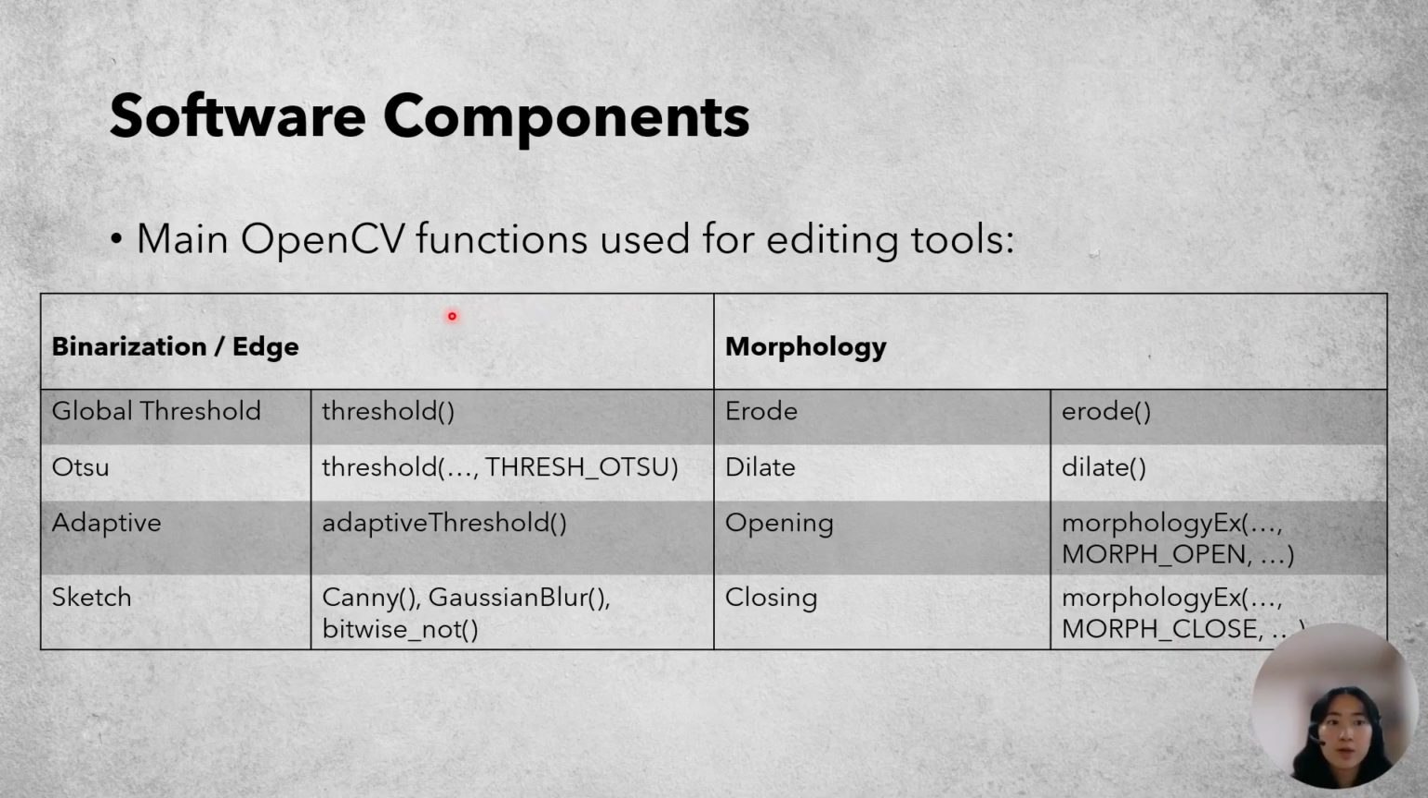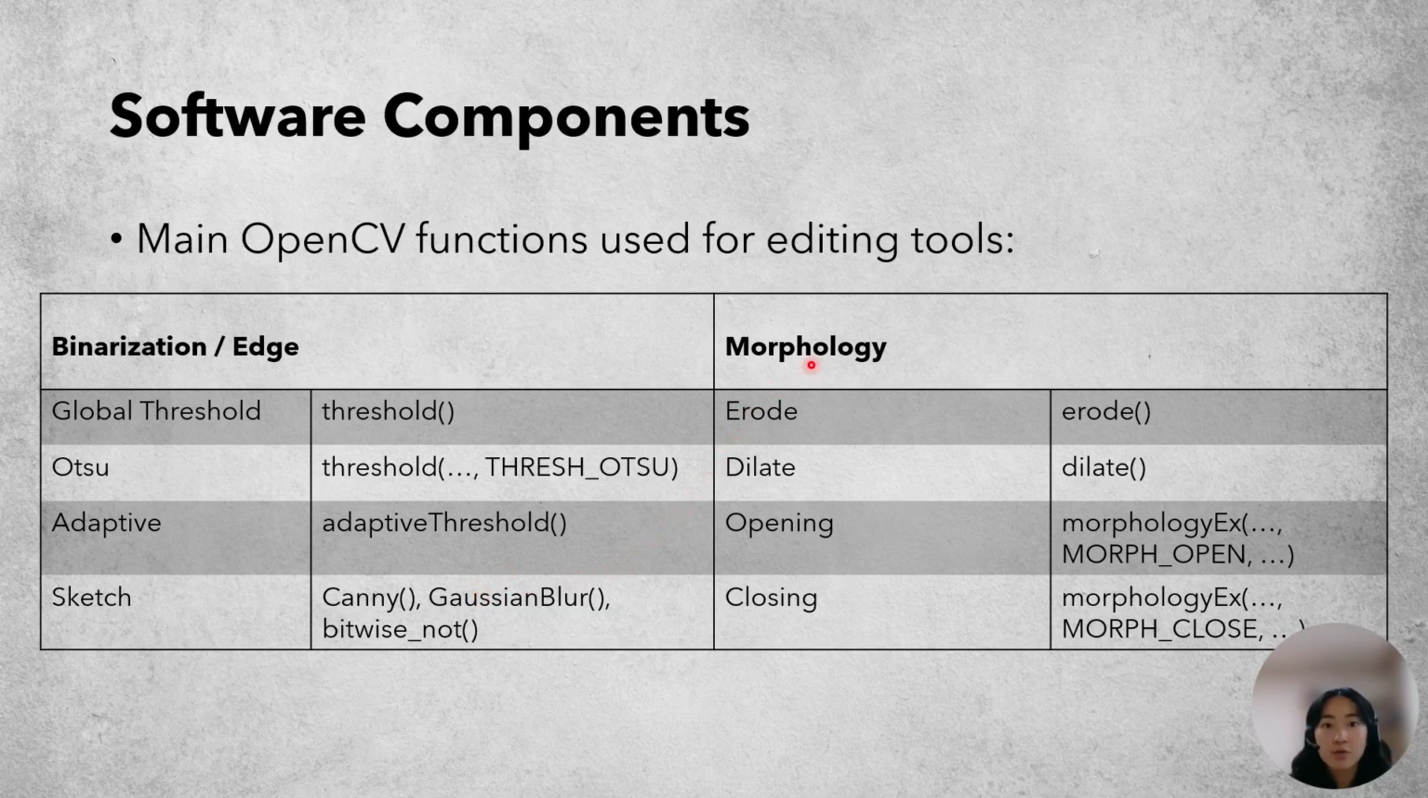So for the binarization or edge, we have the global threshold, which just uses the threshold function. Otsu uses the threshold function as well, but you set it as threshold Otsu so that it uses the Otsu function. Adaptive uses the adaptive threshold. Then the sketch function basically uses a Canny function, then a Gaussian blur, and then a bitwise not. Basically it blurs the image and then it detects the